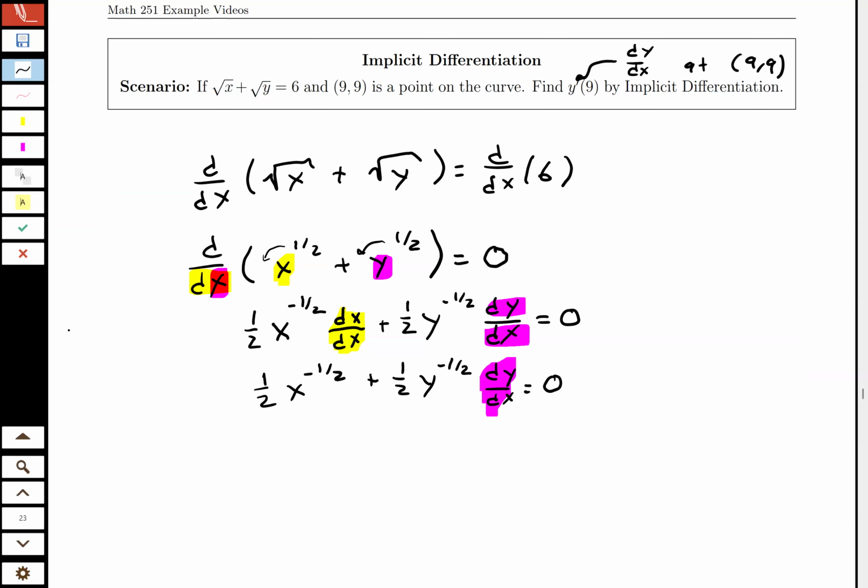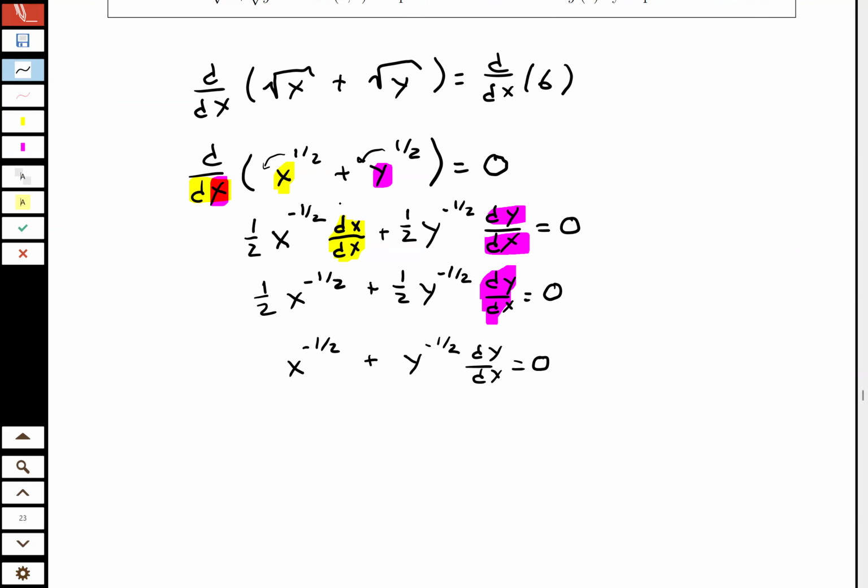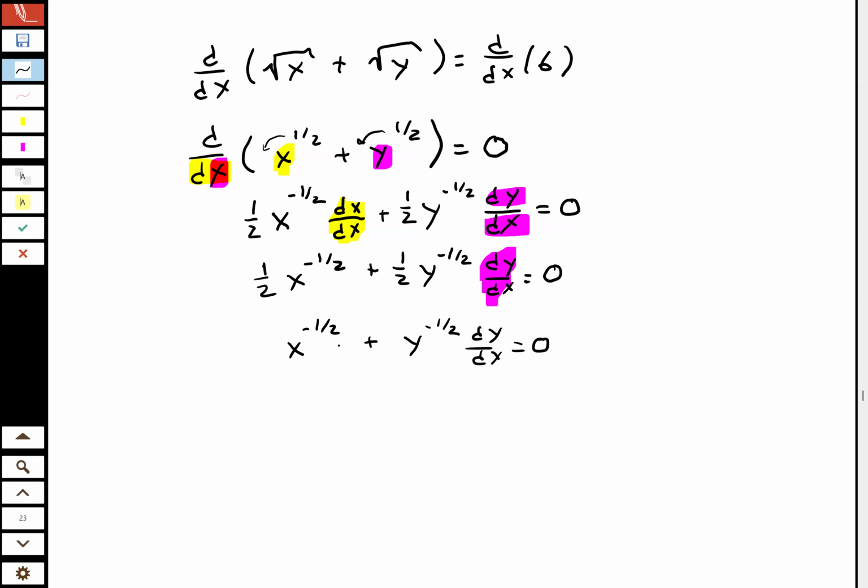First thing I can do is I can multiply everything by 2 to get rid of those fractions. Now I can write these back in their radical form. So negative power, that's 1 over. 1/2, that's the same thing as the square root. So this is 1 over the square root of x plus 1 over the square root of y dy/dx